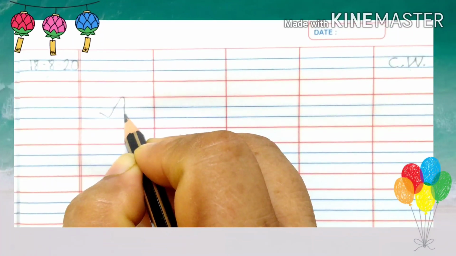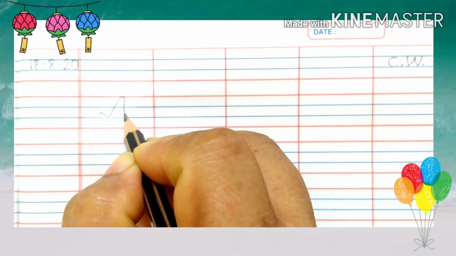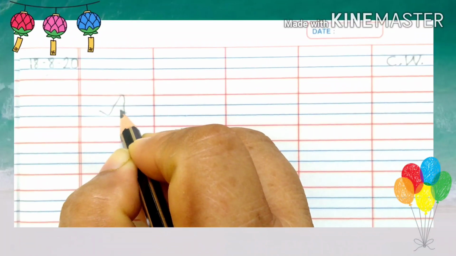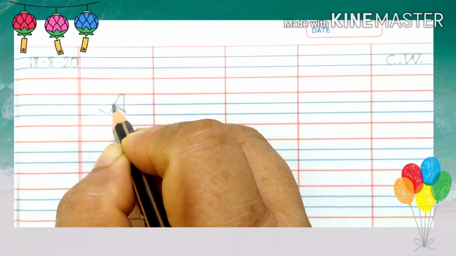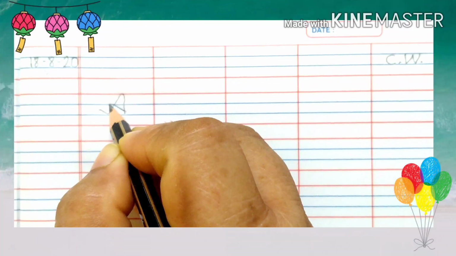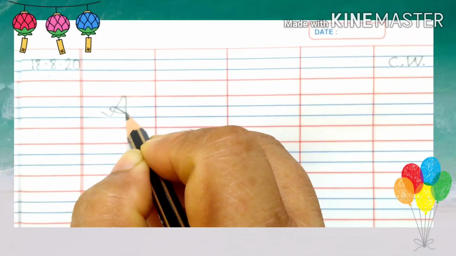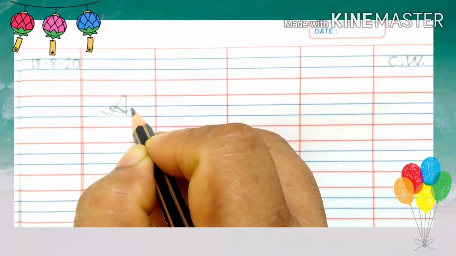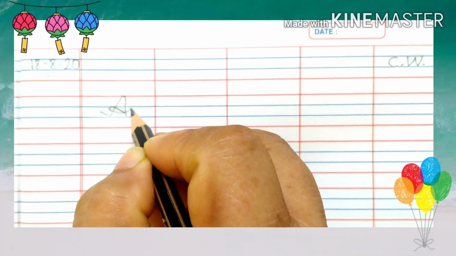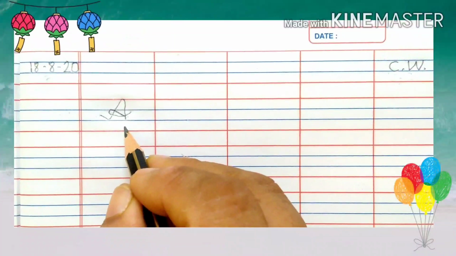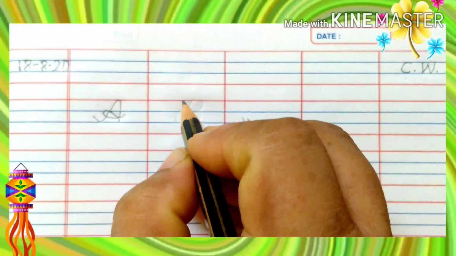Now drag it upside and make a slant line. Touch it to the second line. Curve it. Touch it and make a tail. This is capital A.